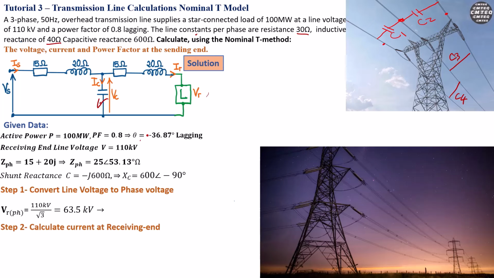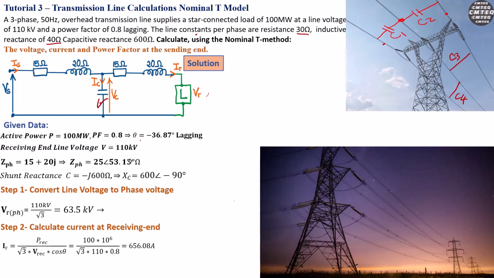Step 2, calculate the current at the receiving end. Okay, now this is your current at the receiving end flowing to the load. Now to calculate this current is very simple. You just need to know what is the voltage that is driving this current, and that voltage is already given to us here as 110 kilovolts. So very simple, we can deduce